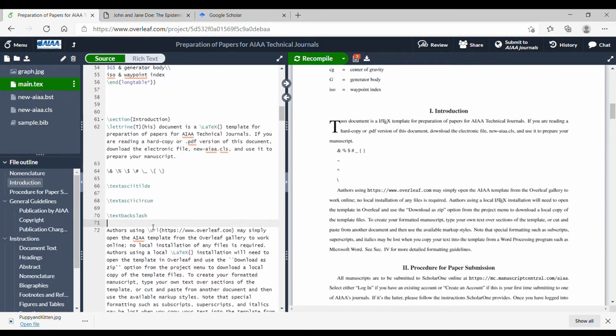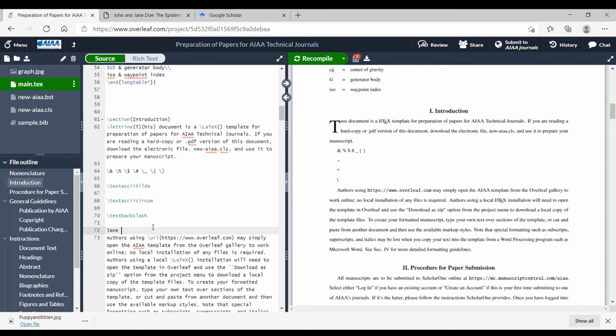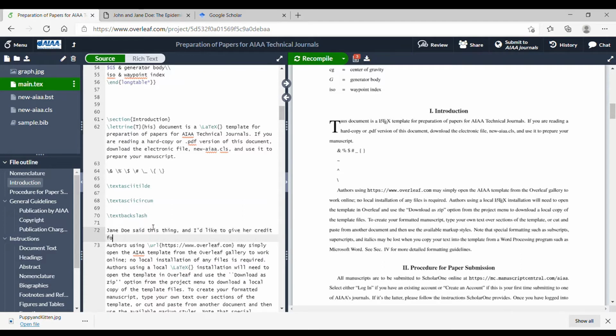So for example, if I wanted to say that some author said something, and I want to show proof for it, I'm going to type that author said this thing. And you want to give her credit for it. So first you need to put the